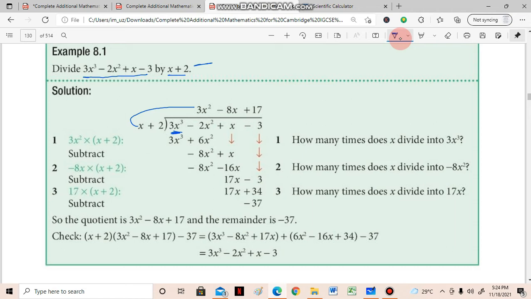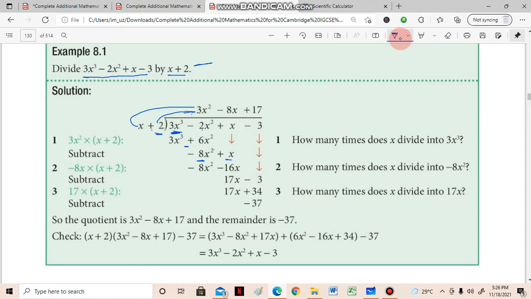Now the second step is that you have to multiply the second term, which is 2 over here. So plus 2 multiplied by plus 3x squared is, we know, plus 6x squared. Now we know that we will have a negative sign over here and minus minus will become positive. So 6 plus 2 is 8x squared. Now we know that we have minus 8x squared as our remainder. We will bring this x downwards. Okay, so now we have an equation minus 8x squared plus x.